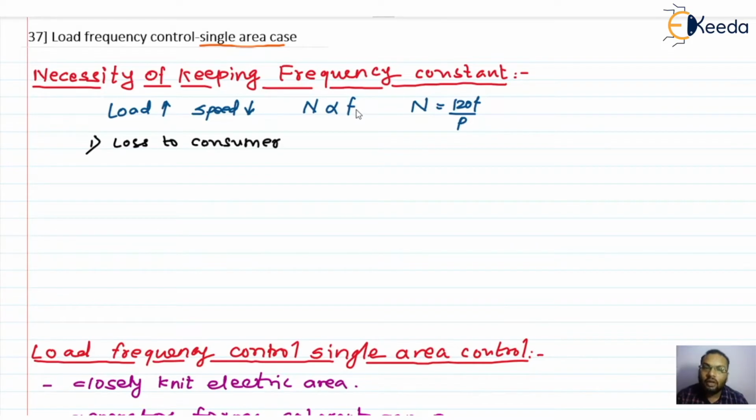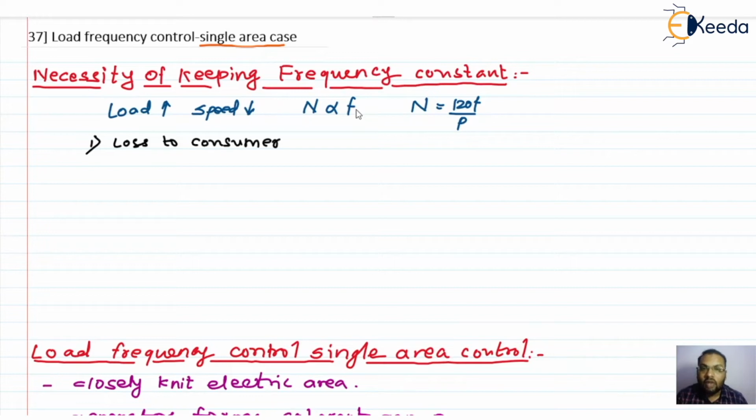Suppose you have got an order to print, let's say, 1,000 papers in one day. For that, you need to have control on your drive. That is possible only if the frequency is constant. Suppose you have got the order and you have promised your customer that you will provide the printed papers, a thousand in number, in one day.